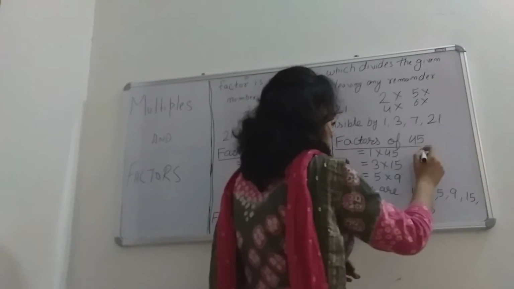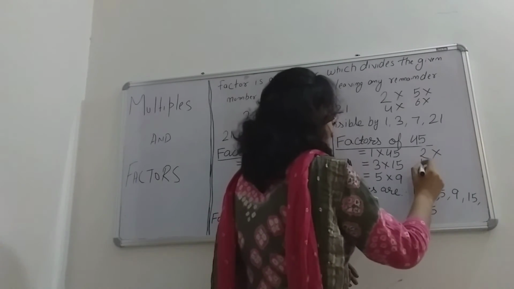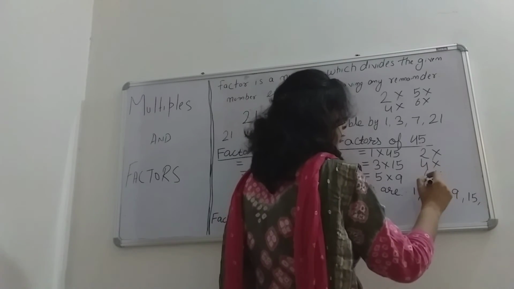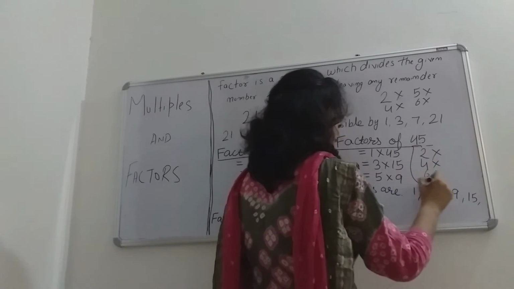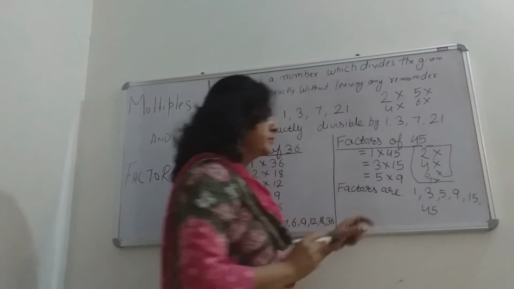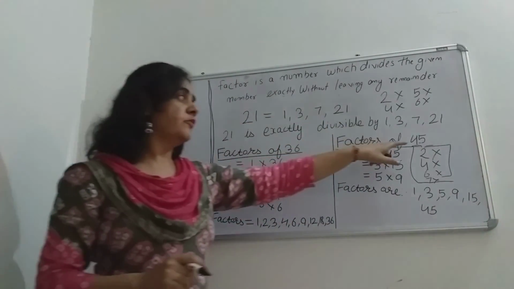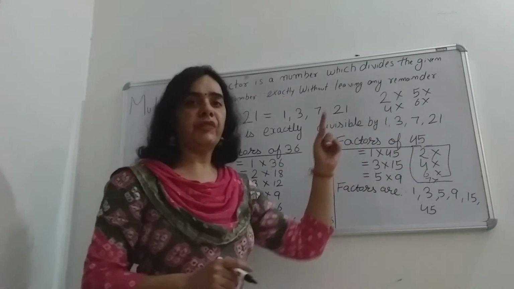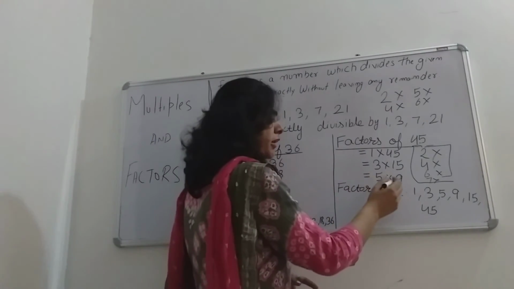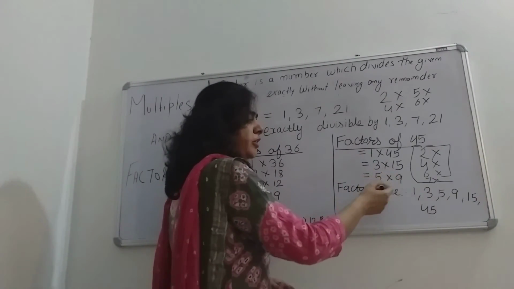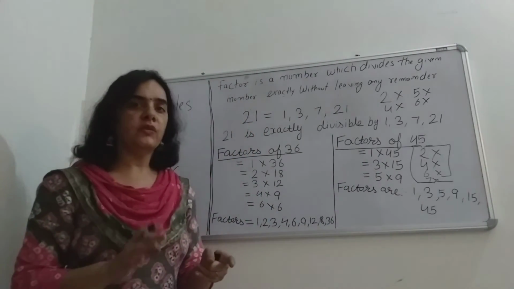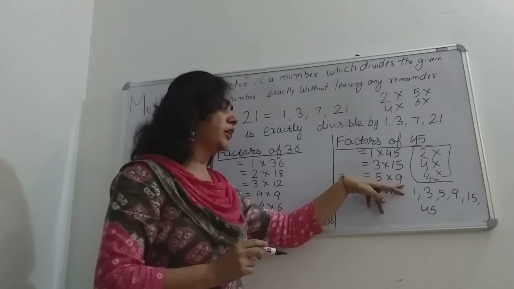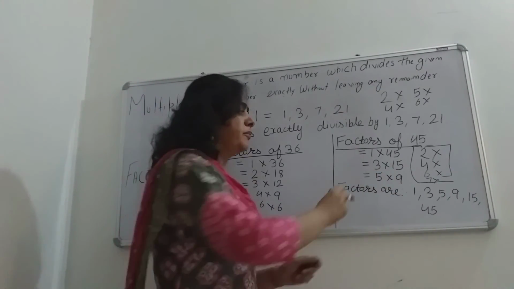So I can say that 2 is not a factor and 4 is also not a factor. 5 is a factor. 6 is not a factor. 7 is also not a factor. So these numbers are not factors of 45. 8 is also not. Yes, if you divide by 9, it is completely divisible by 9. 9 fives are 45. If I write 9 multiplied by 5, we have already written 5 and 9, so this is the same thing. There is no need to write 9 and 5 again, because 5 and 9 are already written.